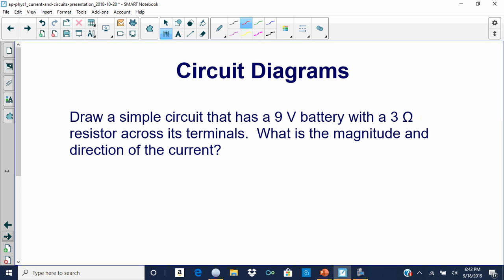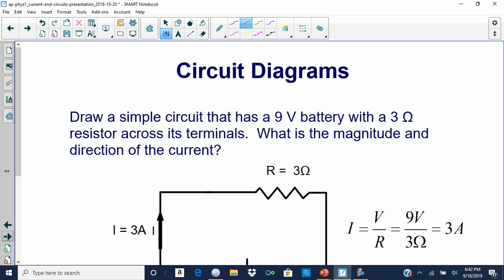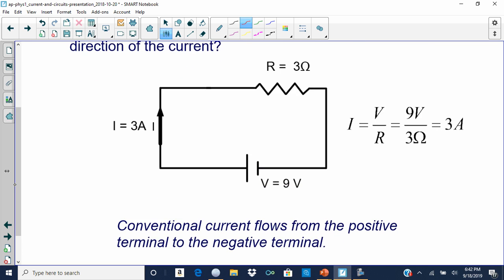Okay, so to draw a simple circuit diagram that has a 9-volt battery with a 3-ohm resistor across its terminals, we need to determine what the magnitude and direction of the current is going to be. So the first thing we want to do is draw our circuit where we have our battery right here, okay, and our resistor right here. So here's our resistor, here's our battery. Again, this is the plus terminal and the minus terminal, okay, and the current flows from the positive terminal this way around the circuit,